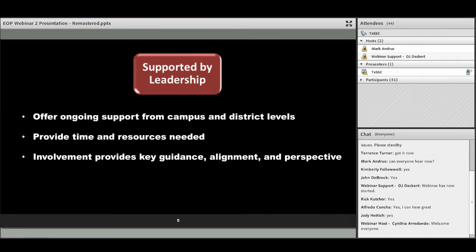They also offer a unique perspective that can benefit the planning committee through a different lens, a broader perspective. They can certainly make sure that the procedures are in alignment with other district procedures and policies that are already in place. And also, their support demonstrates commitment. By being actively involved in the committee, leadership support speaks volumes, of course, to others. So we definitely want them involved.